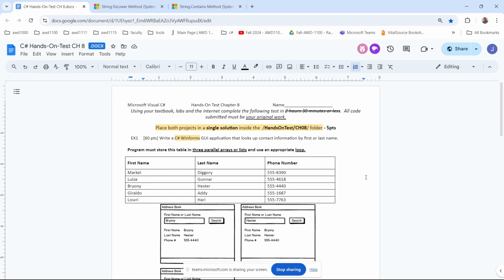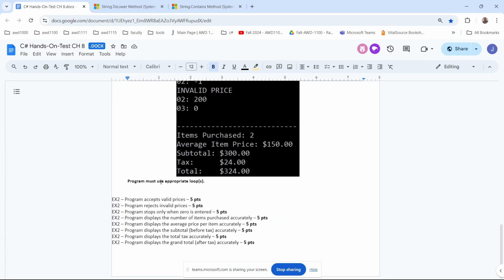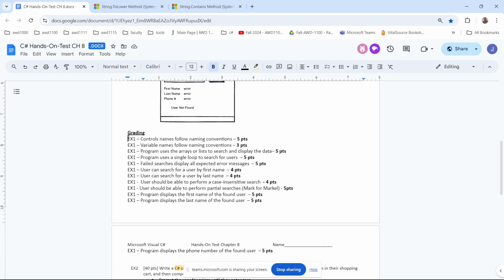As far as the hands-on test, just a review again. I think last week we went through this: make sure that you follow the instructions. Like here it says, project in a single solution. You just have 2 exercises in this hands-on test, exercise 1 and 2. Make sure you read the grading portion before you start, and at the end, after you finish, make sure that you've